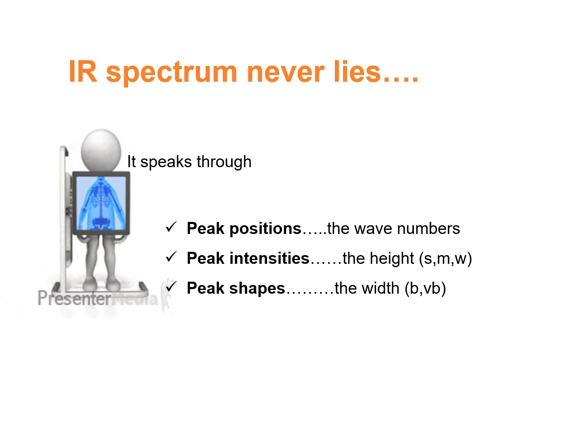But if you do not know about the substance, if it is unknown for you, then IR will reveal information about functional groups and along with other sophisticated techniques like mass and NMR, it will help you to deduce